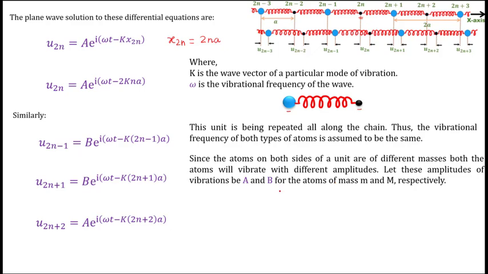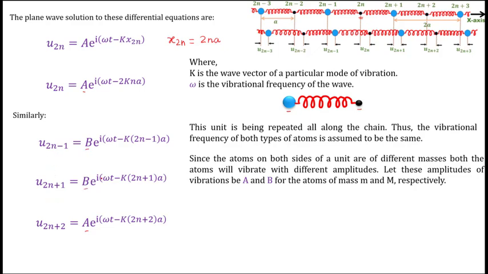Let these amplitudes of vibration be capital A and capital B for the atoms of mass small m, that is the black ones, and capital M, that is the blue balls. And that is why in the expression for U2n, which is the displacement of the 2nth and also of the 2n plus 2th atom, these black dots having mass small m, the amplitude of vibration is written as capital A,